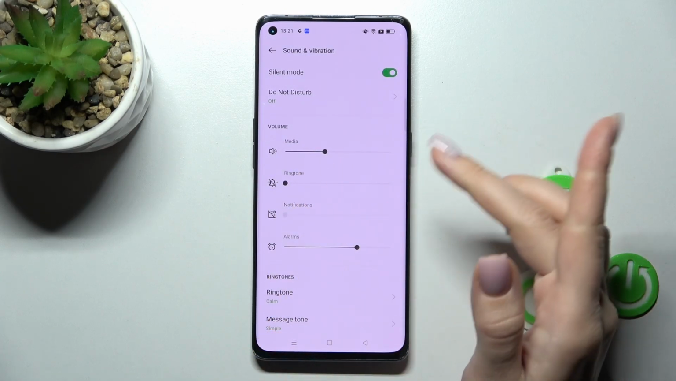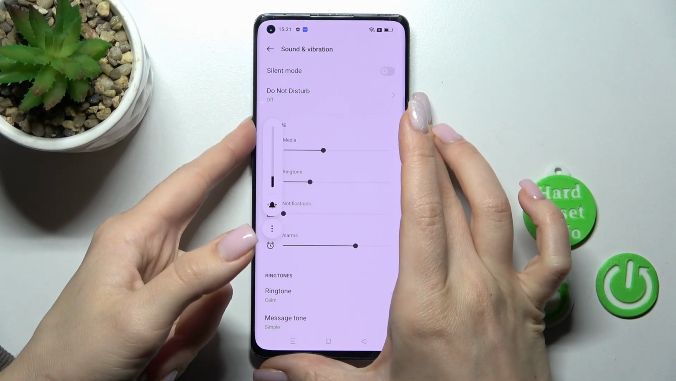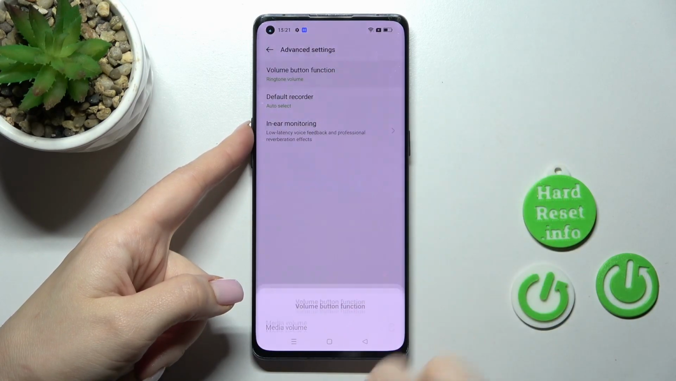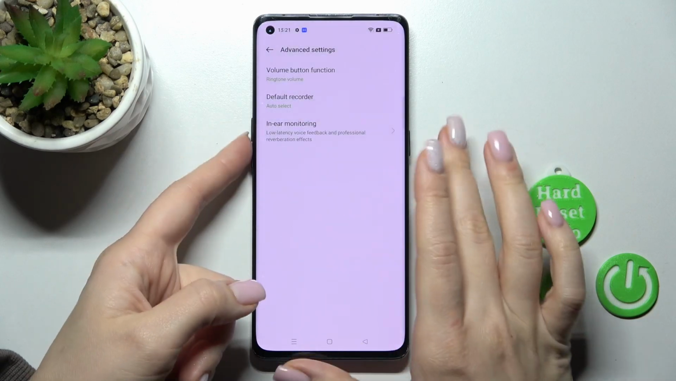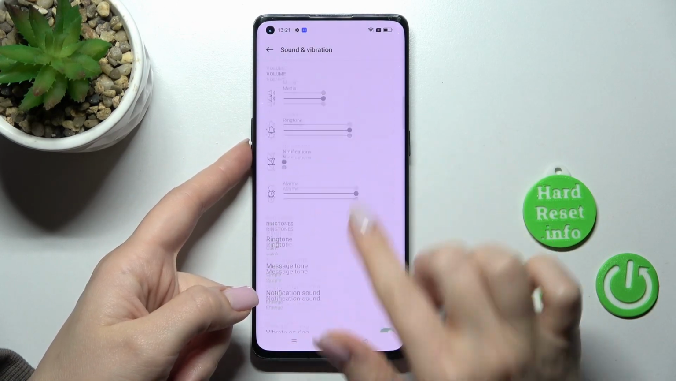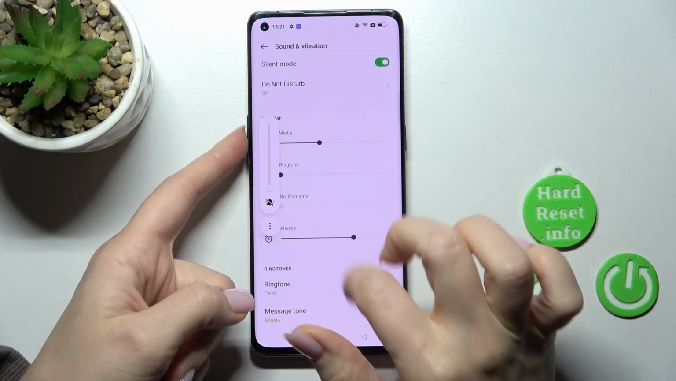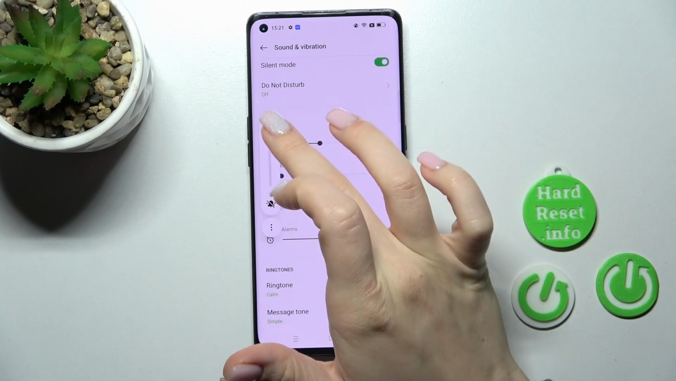that's done. Also we have one more way how we can do that, just by use the volume buttons, but first be sure that in advanced settings here in volume button function you have selected ringtone volume by using the volume panels. And now let's just check and see that by pressing the down volume button we can also mute our device ringtone, and we can make it by the third way just by slide to the down with our